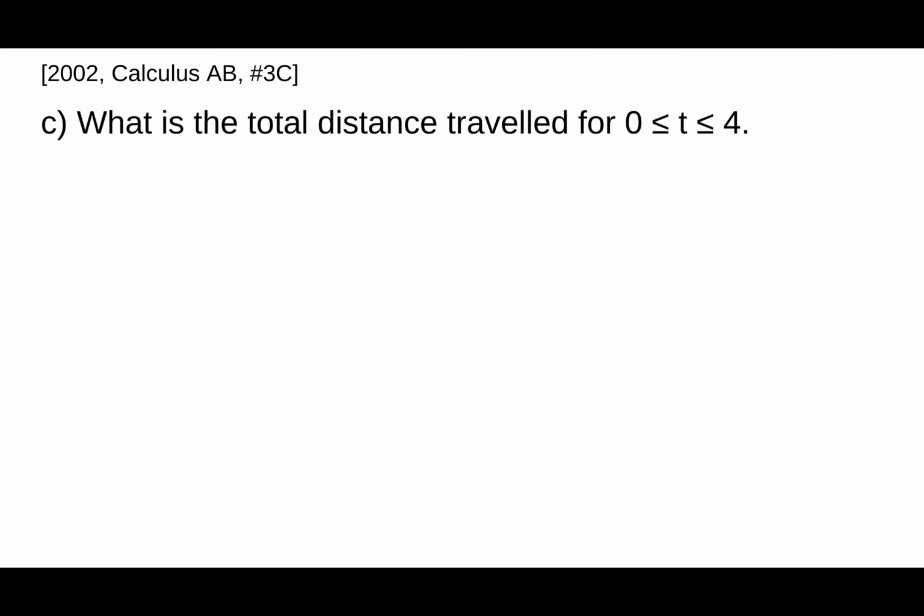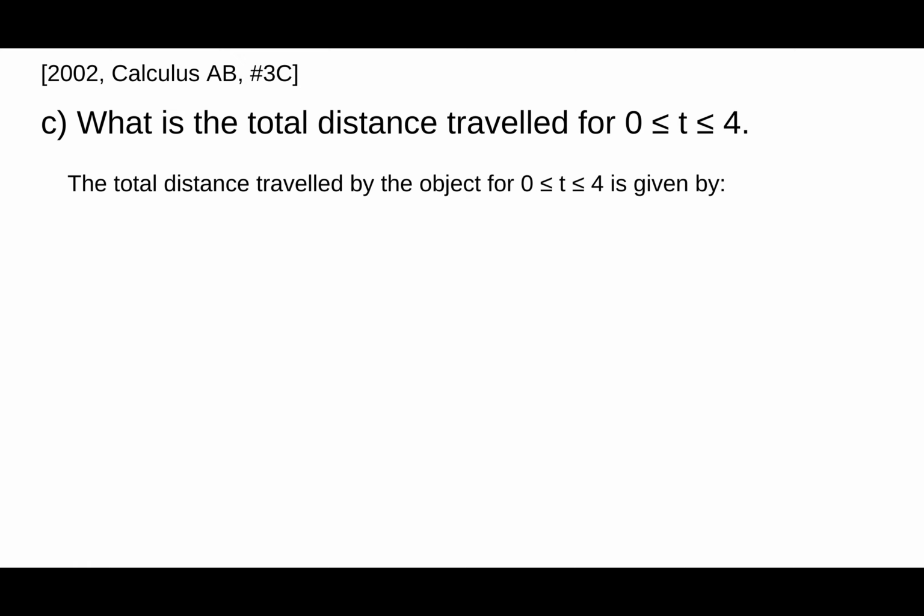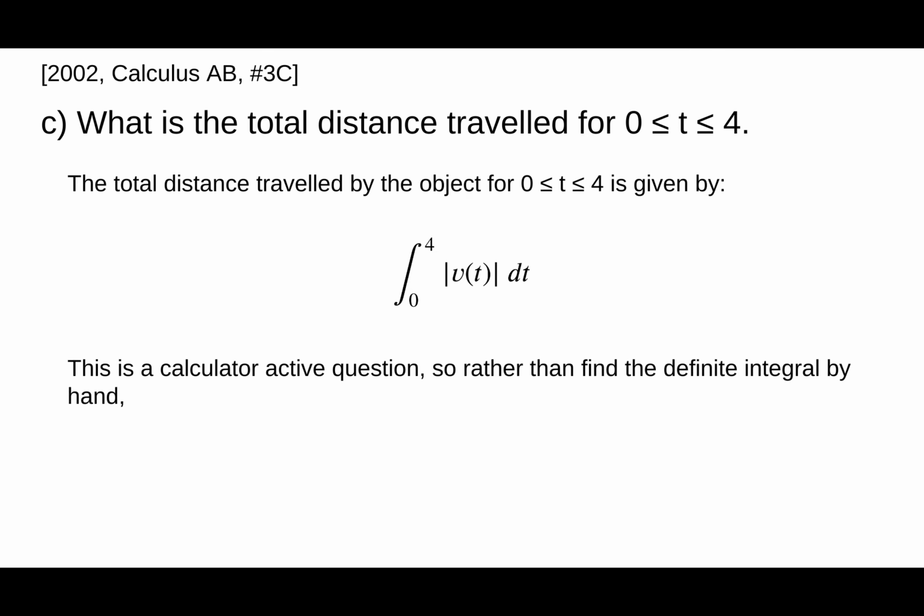In part C, we are asked to find the total distance traveled for the object between t equals 0 and t equals 4 seconds. Total distance traveled by an object is an application of the fundamental theorem of calculus. We just have to be careful to take the absolute value of our velocity function. Right? So the total distance traveled is the value of this integral from 0 to 4 of absolute value of v of t dt. But since this is a calculator active question,